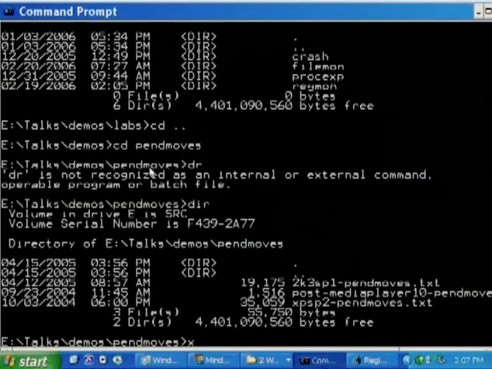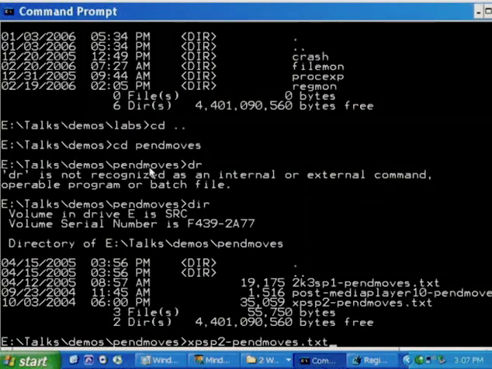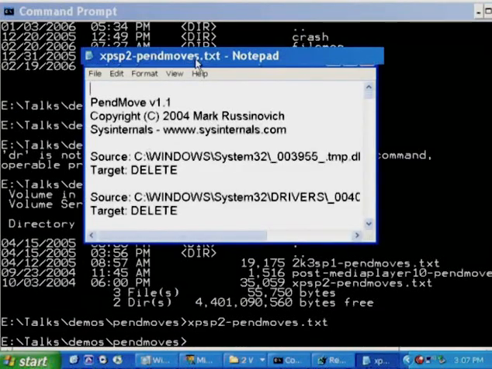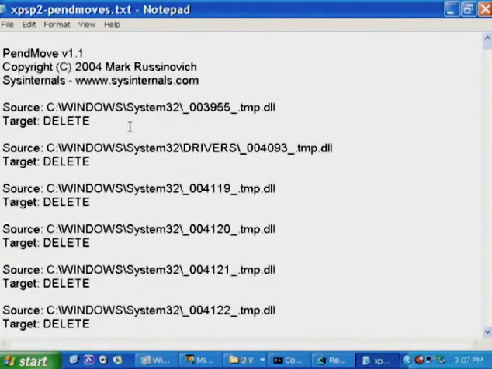What I've done is run PendMoves after I installed Windows XP Service Pack 2 to look at the number of files that Service Pack 2 had replaced and required a reboot in order to finish the replacement for. That file is here in XP SP2 pendmoves.txt, and if you look at it, you can see the output of PendMoves.